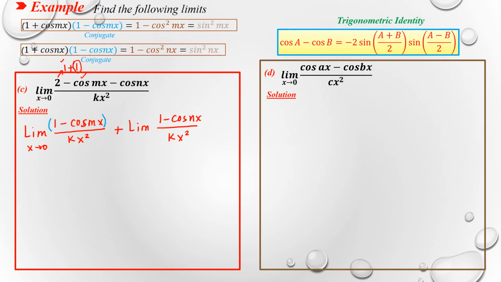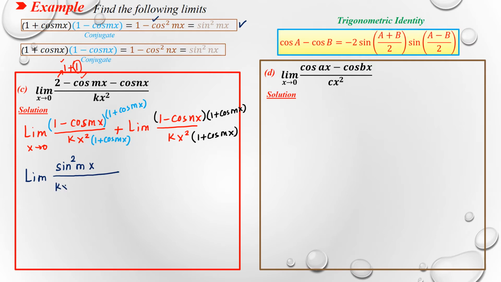Here you have to use the conjugate technique, so you have to multiply by 1 plus cosine mx up and down. Also for the second one, you have to do the same thing, so we multiply by 1 plus cosine nx. Next, everything is here. 1 minus cosine mx times its conjugate equals 1 minus cosine squared mx, which is totally sine squared mx. So the first limit is limit sine squared mx divided by kx squared multiplied by 1 plus cosine mx